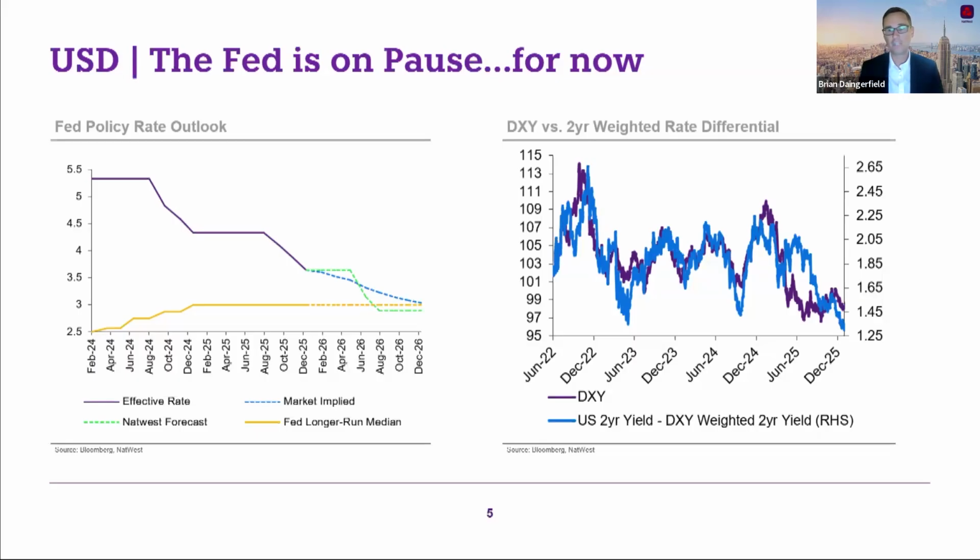Maybe not the perfect case, but still a good economic case to be made for lower rates, and we think they'll deliver that. So we do think further compression in interest rate differentials is coming, and that's an important source of downside risk for the dollar in 2026. And we do think that this is going to be a year with broad dollar weakness, reflecting both monetary stimulus and fiscal stimulus. We just think this is going to be a very strong period of stimulus that we think is going to weigh on the dollar.